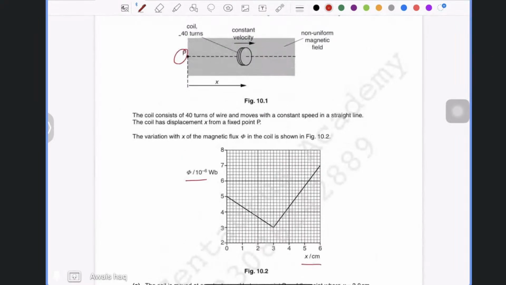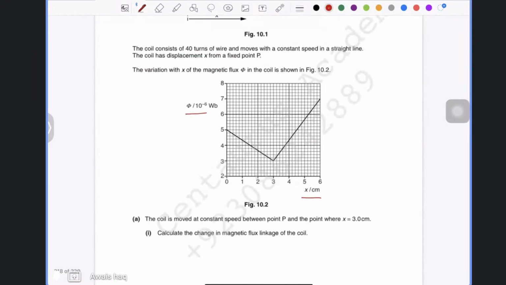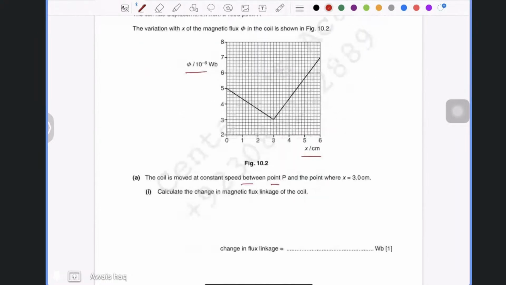Okay, there are 40 turns of the coil. Now it says the coil is moved at constant speed between point P and the point where x is 3.0. Calculate the change in magnetic flux linkage of the coil. Okay,